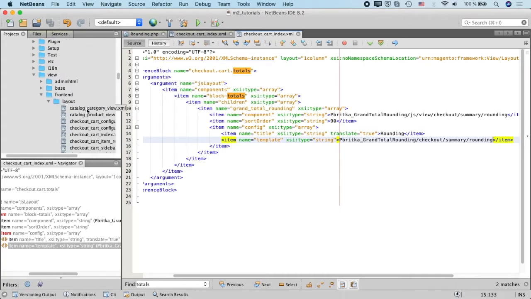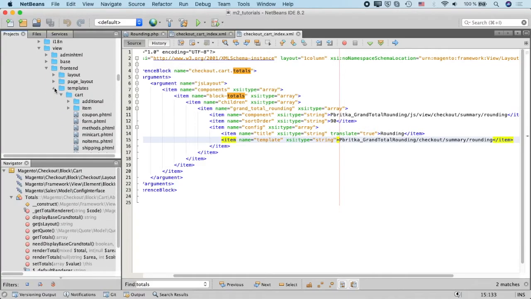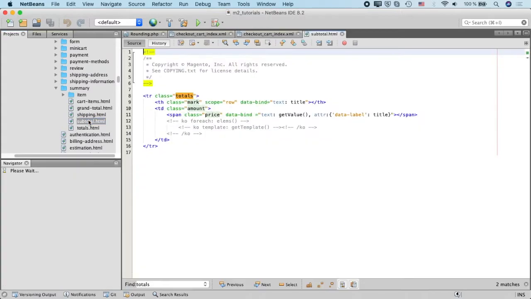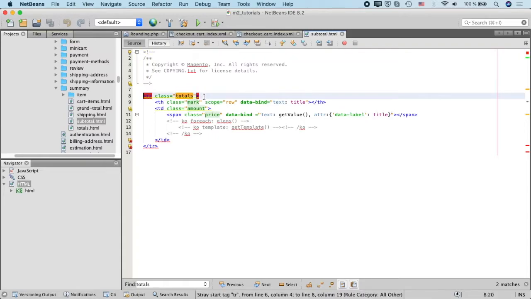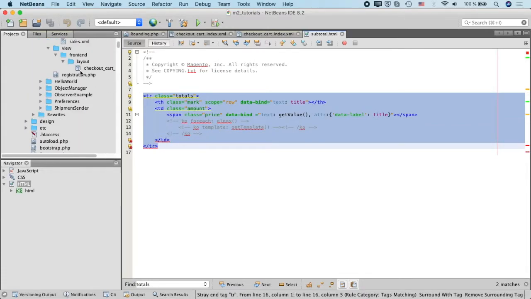So go to front end, view front end, web, template, summary, subtotal. And this is the HTML which is needed to render one line inside the cart sidebar. So let's copy this and create a new file